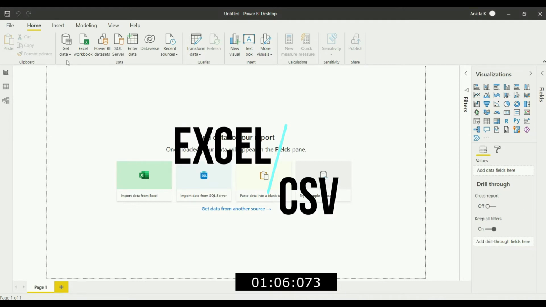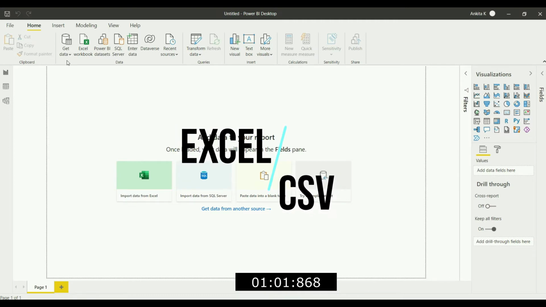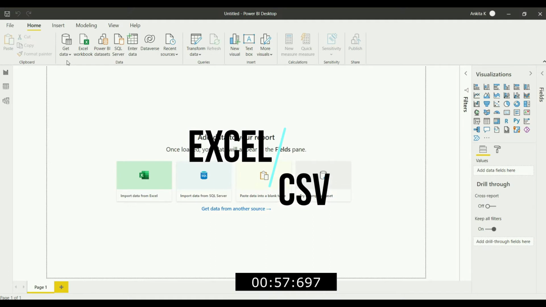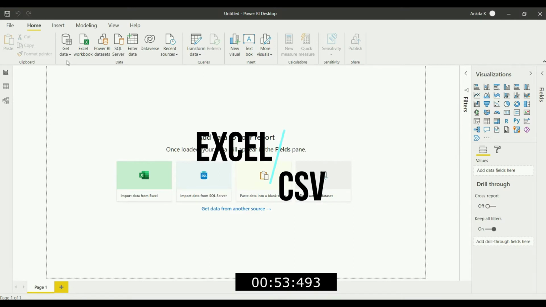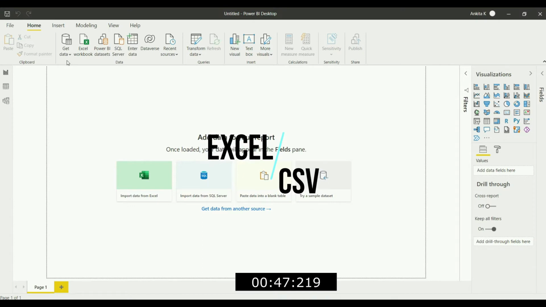However, CSV is a flat file. It simply helps you store data and view it in a tabular format. But all those extra features that Excel offers, it doesn't offer you. The good part with a CSV file is that because it doesn't offer all these additional features, it takes really small space on your storage, on your disk.